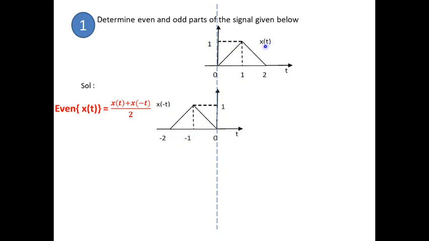So, you have x of t and you have x of minus t. What you have to do is add these two signals, and the amplitude should also be halved, right? So, add at every instant of time. So, we need to add. When you add these two signals, and do the amplitude scaling, how should you do it?